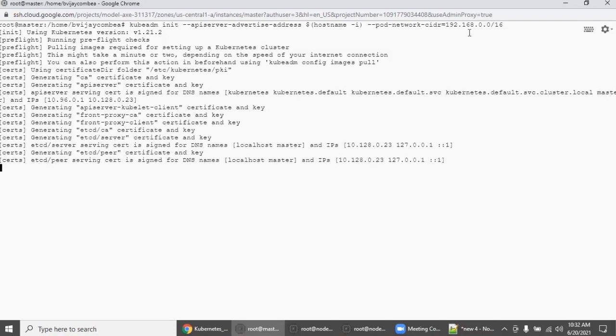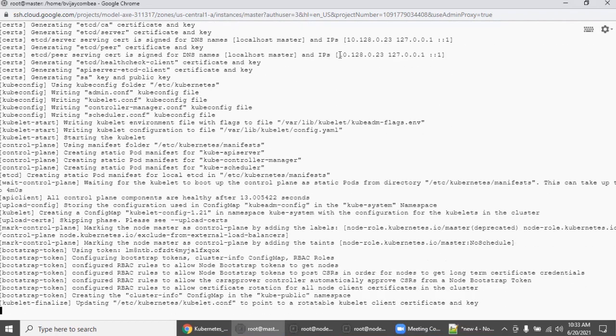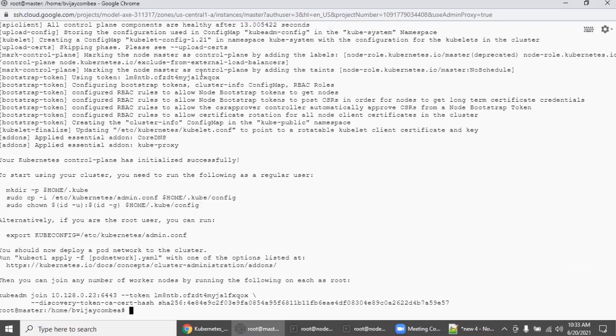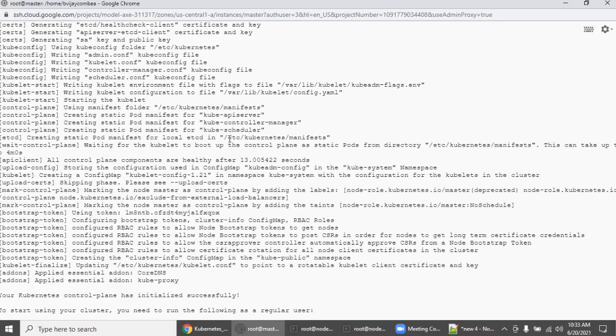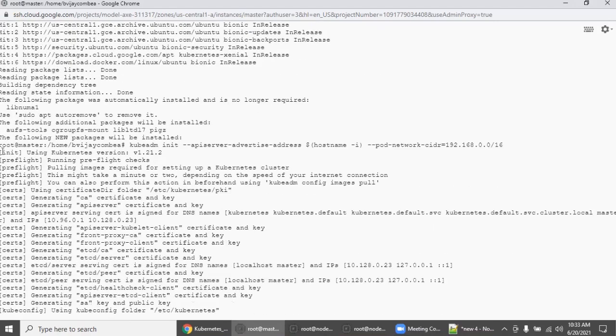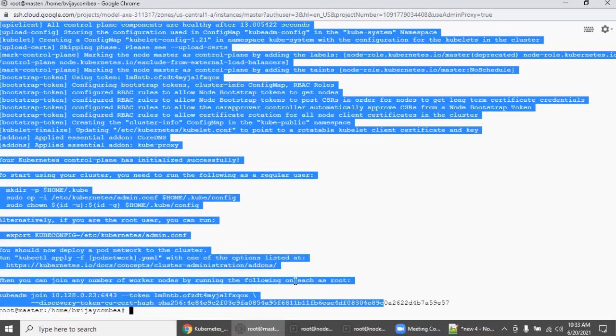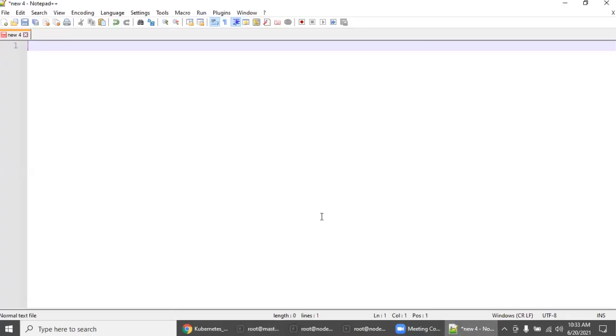Since you are a beginner to Kubernetes, I would strongly recommend taking this output and storing it in some file. Slowly you will know each and every parameter of this output, whatever we discussed about the Kubernetes services, everything. If you could see, all services are also getting created. So I'm just going to copy this till the output and put it in notepad.